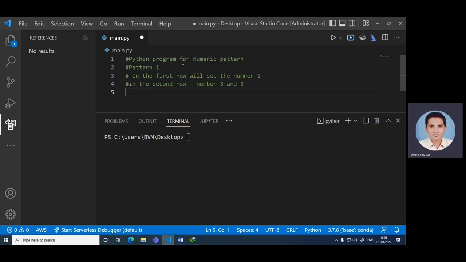The third row consists of the numbers 4, 5 and 6, and so on. So this is the kind of pattern we want with the help of this particular program. So how do we do it? First let's decide one variable,